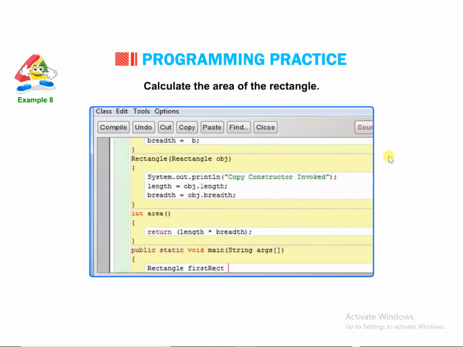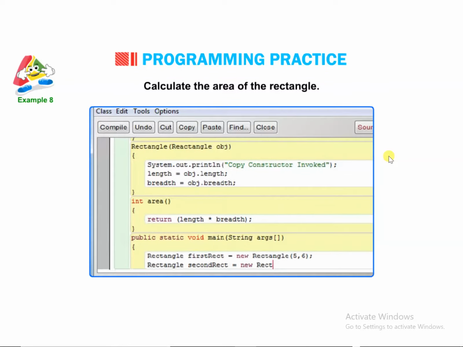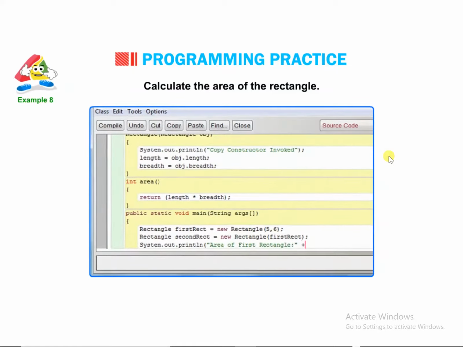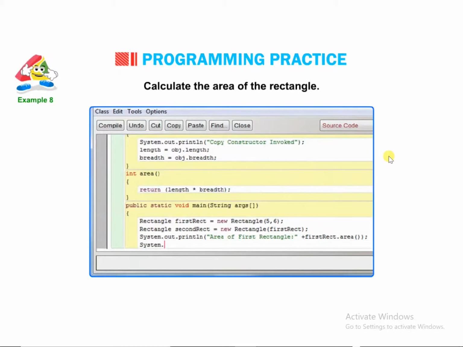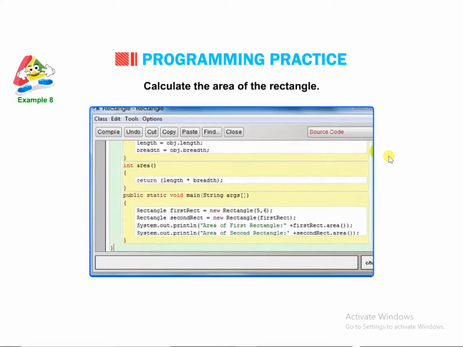{ Rectangle firstRect = new Rectangle(5, 6); Rectangle secondRect = new Rectangle(firstRect); System.out.println("Area of first rectangle: " + firstRect.area()); System.out.println("Area of second rectangle: " + secondRect.area()); } }